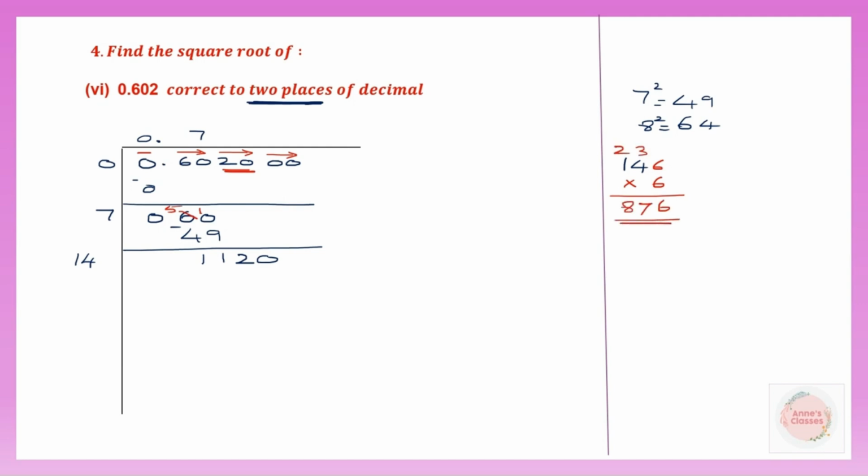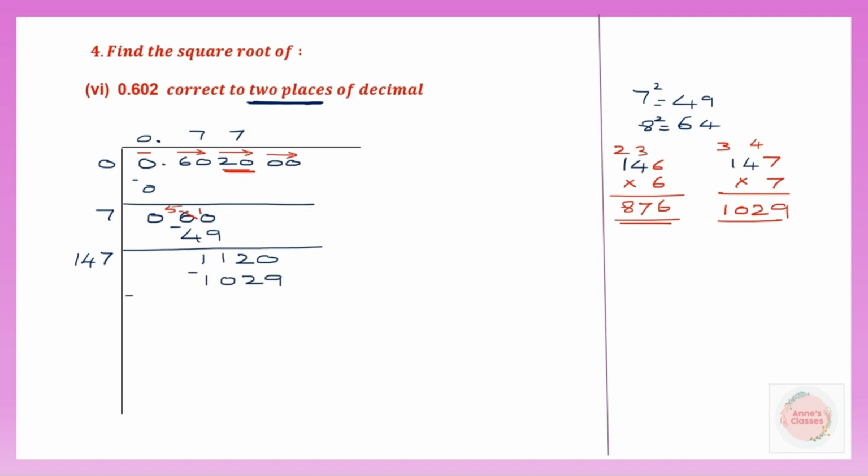Now let's try one more number. 14 we have. Let's put 7 next to it and multiply by 7. 7 7s are 49, carry 4. 7 4s are 28, plus 4 is 32, carry 3. 7 1s are 7, 8, 9, 10. 1029. So that is more suitable. So let's write that number. That means next to 14, we have to write the number 7. So let's write 7 into 7. So 147 into 7 is